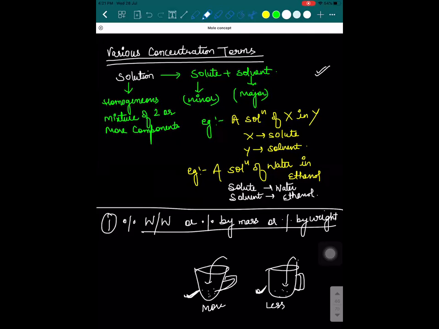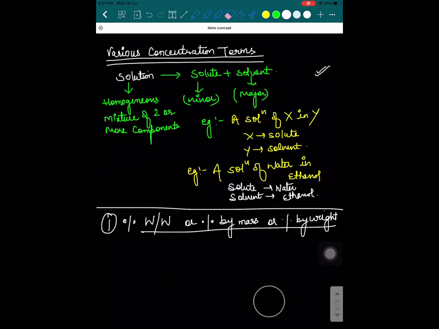So through concentration we can say, let's say in the chemistry lab, you will take HCl of 1 molar. Molarity is a concentration. 2 molar available, 3 molar available, means how concentrated it is. You can say the sweeter the sugar is, the more concentration it has. So first concentration is percentage weight by weight.